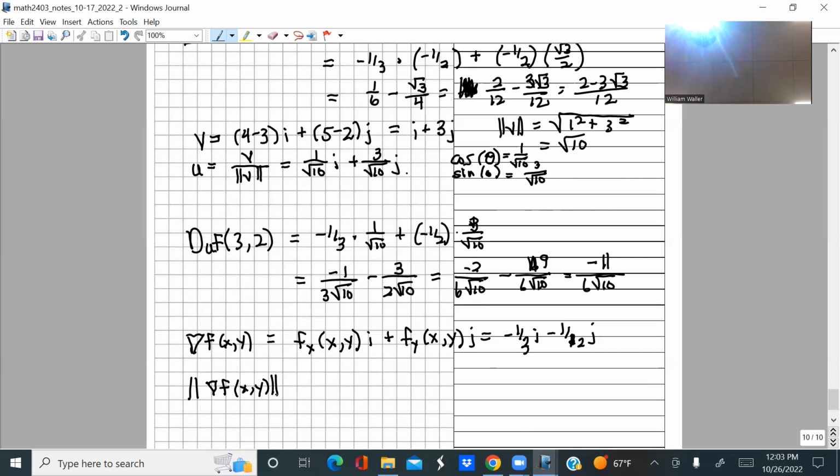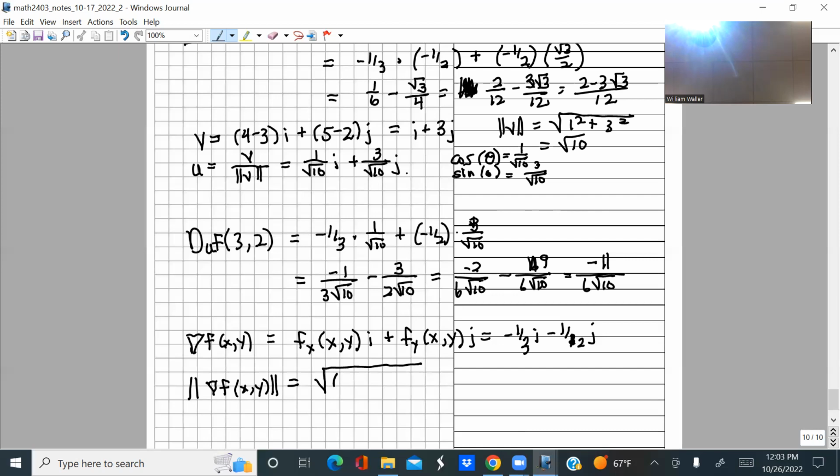We went through a long, big process, because we used the directional derivative formula, and it took us a few minutes to do the calculation. Then we realized afterwards, oh, that was probably unnecessary. Indeed it was. It just turns out to be the magnitude of the gradient. So that's one of the nice results